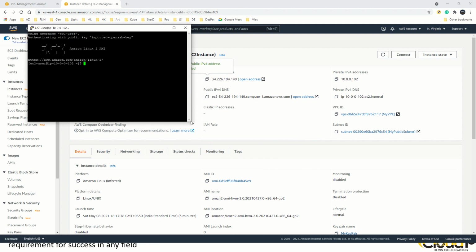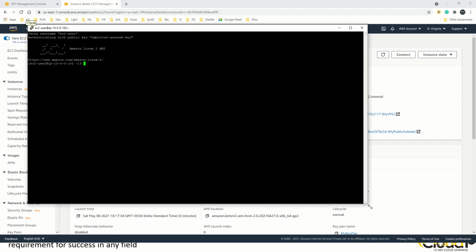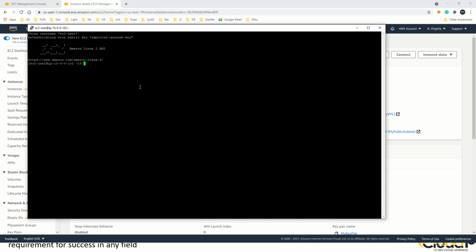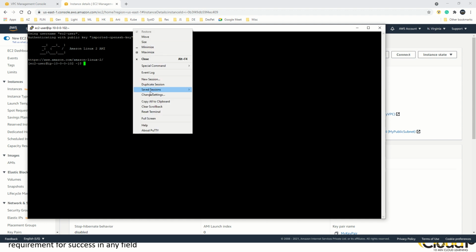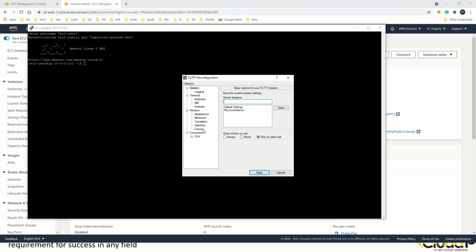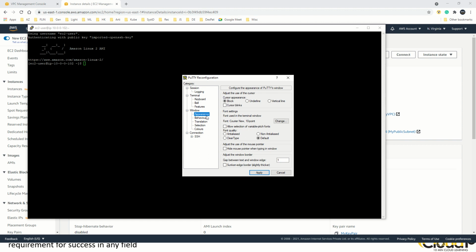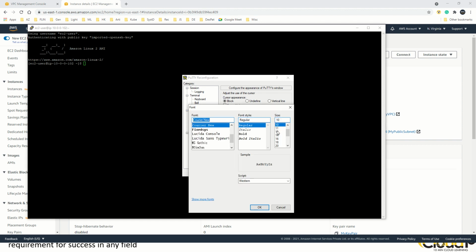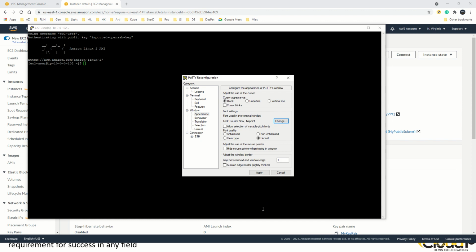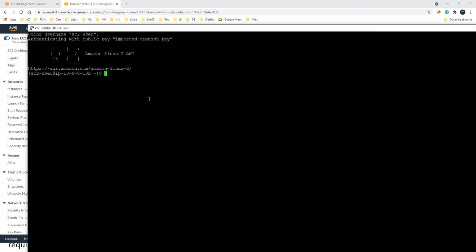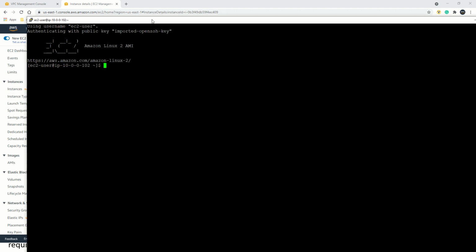Let me just maximize this a bit, and make the font slightly better. Yeah, so I'm able to log into my EC2 instance, which is created in the public subnet.